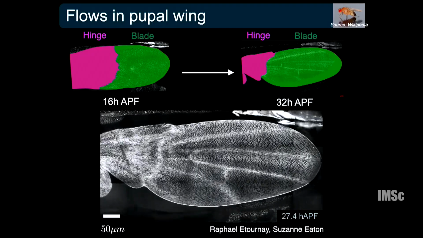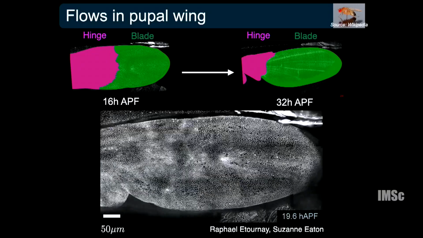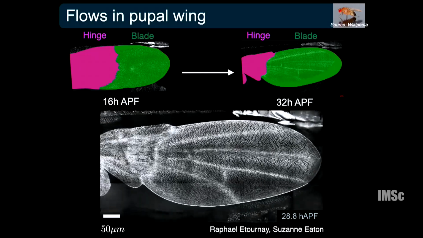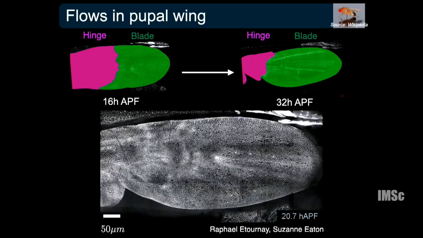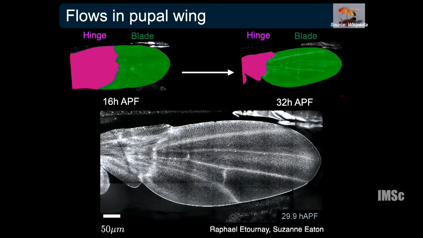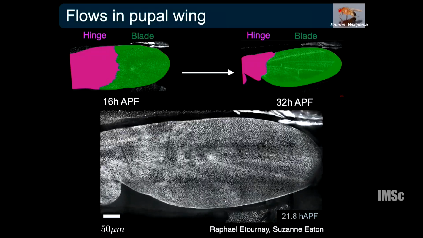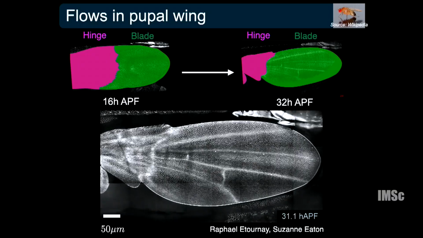And as you keep on staring at this, you see, let it start again. There is a huge collective flow which happens from the right to the left. It starts moving in this direction. And you can see, eventually this shape goes from this to this. You see formation of the veins and all. These are much more complex. Now, over the span of 16 hours,